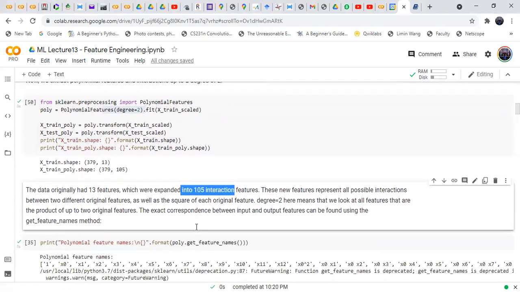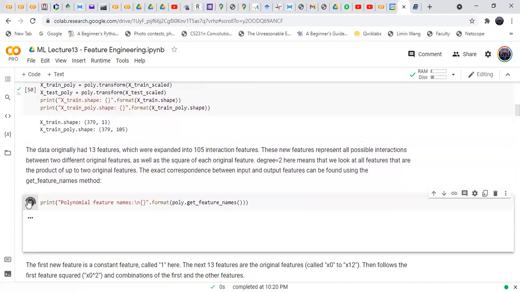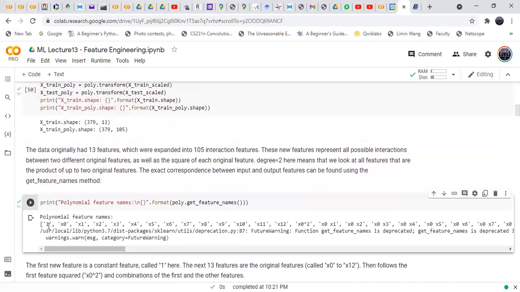What does it mean by interaction of original features? It means that we multiply the original features in different ways, and then we get a total of 105 features. Now we explicitly see how these features look. I run this piece of code, and we see that the first feature is a constant, then x0 to x12 are the original features. Then comes the combination of features: x0 multiplied by x0, x0 multiplied by x1, and so on.